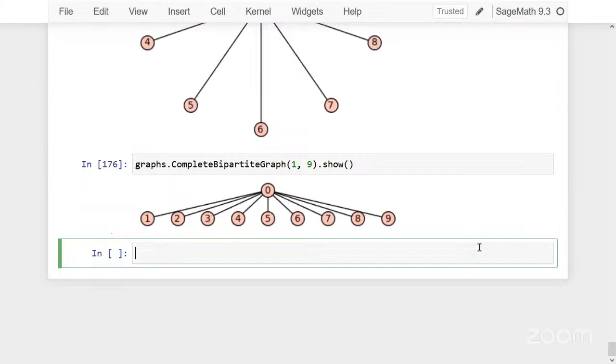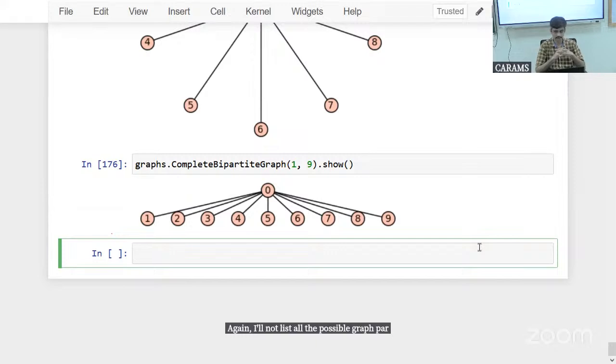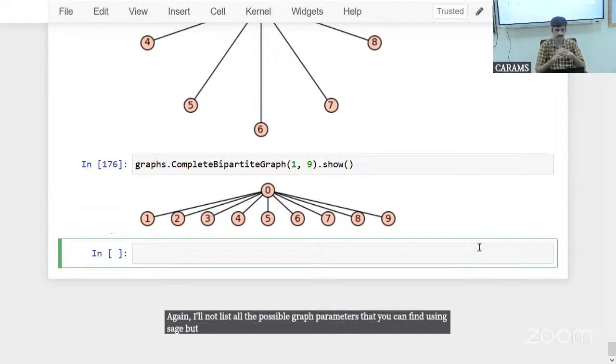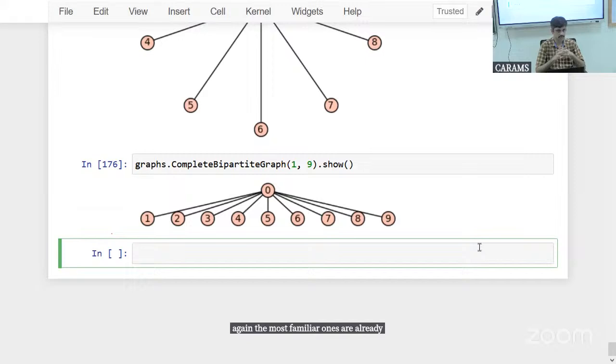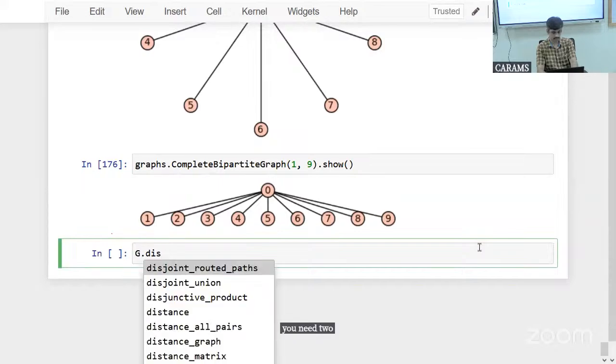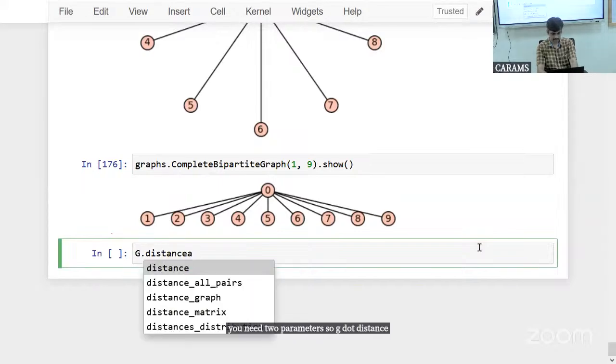Now, again, I'll not list all the possible graph parameters that you can find using Sage, but again, the most familiar ones are already defined. So distances, diameter, radius, eccentricity, all of these are already there. Okay, so distance again, you need two parameters. So g dot distance. So let's say maybe